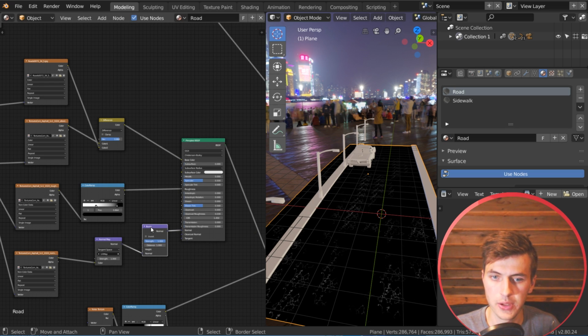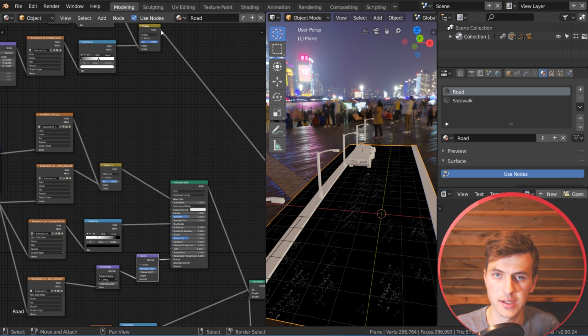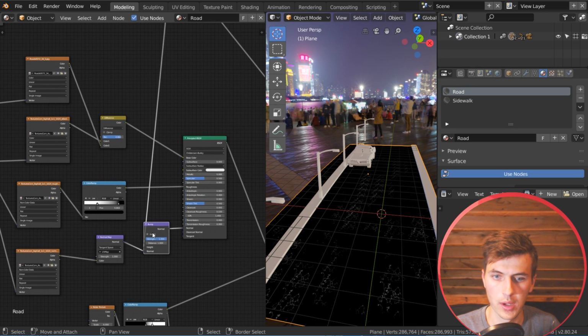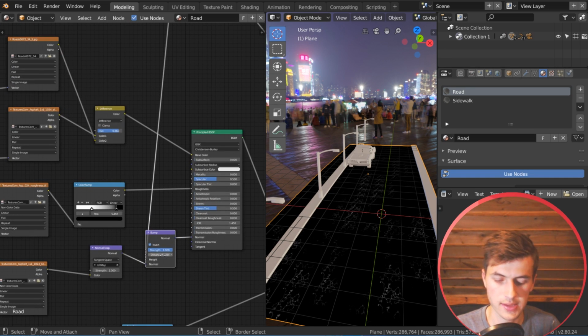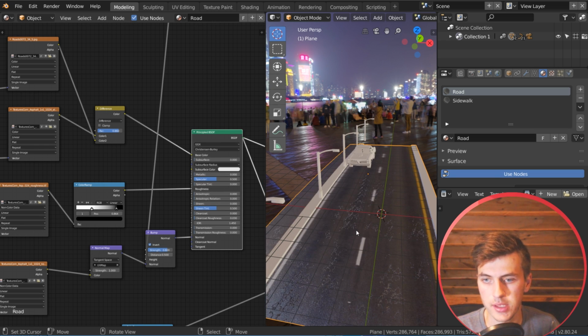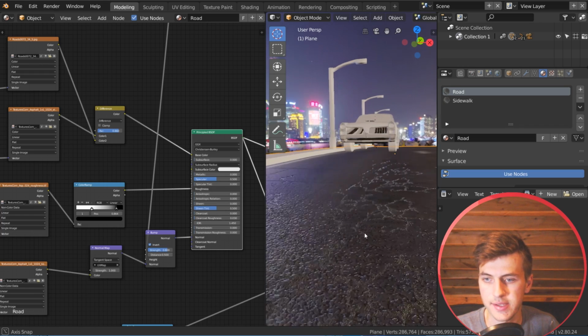I'm going to add in that bump node there, and all I have to do is connect this to the height. With that dropped in there, we want to choose invert again, and you can take the distance down a little bit, and the strength can stay around 1, maybe just under. And if we go to that texture now, you can see that we have cracks in our road, and it